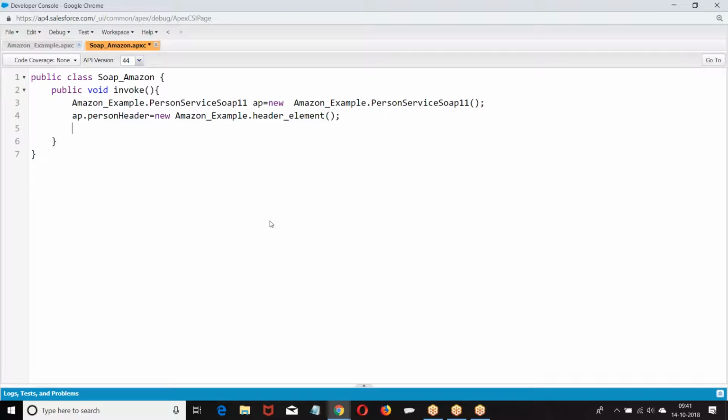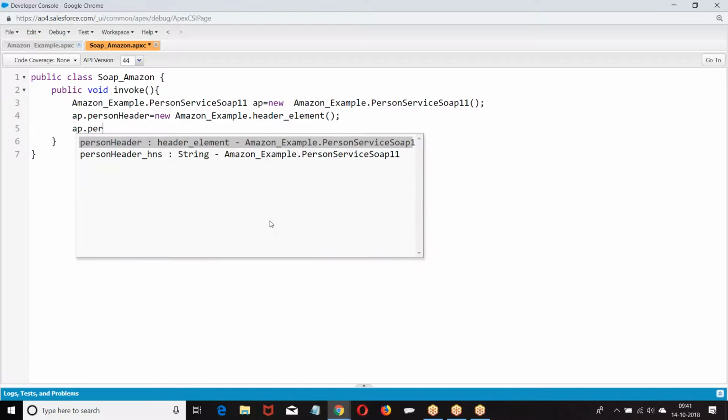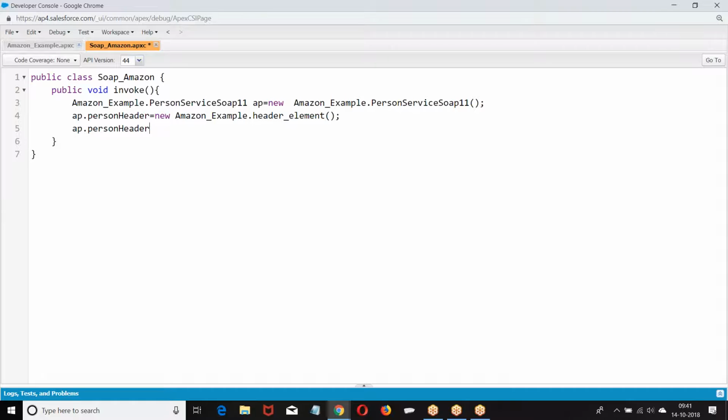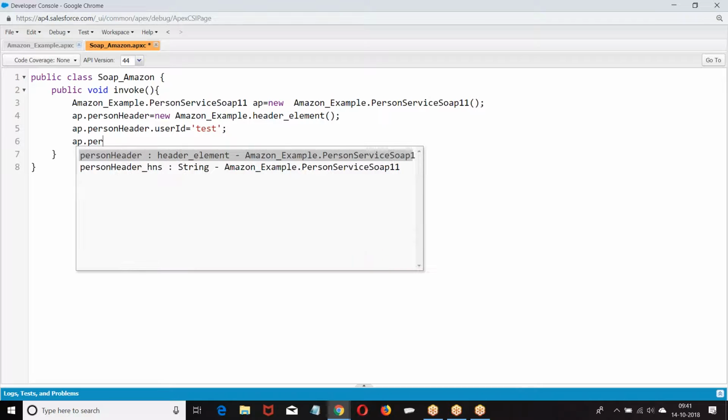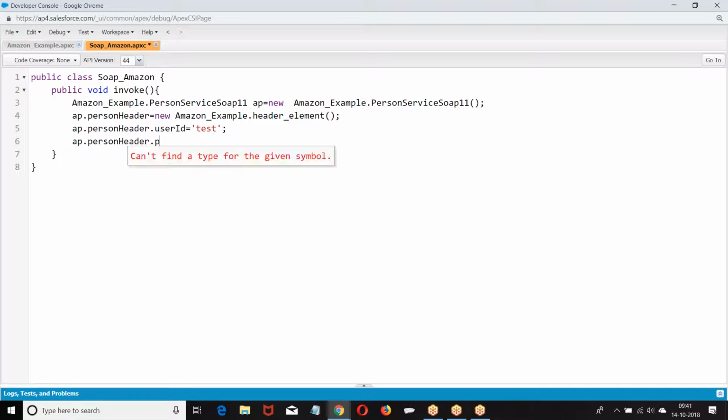In the header element what I was supposed to do? AP dot person header dot user ID equal to, AP dot person header dot password equal to. I created an object for the class.